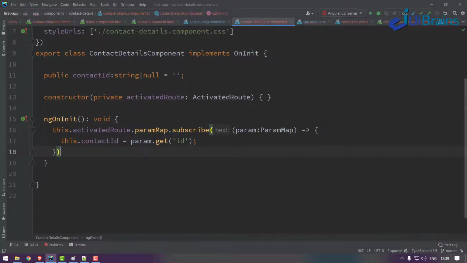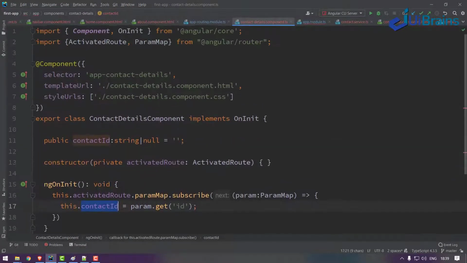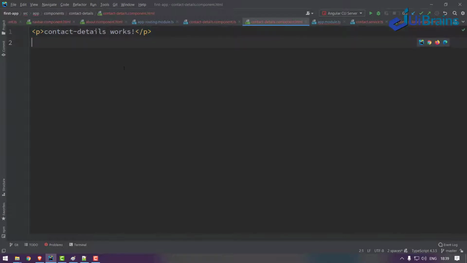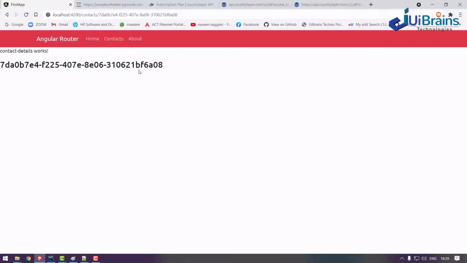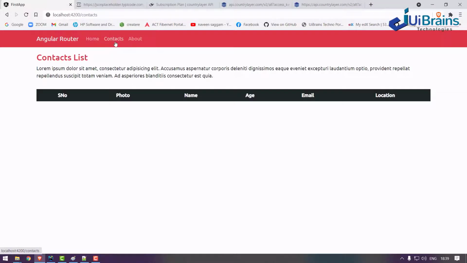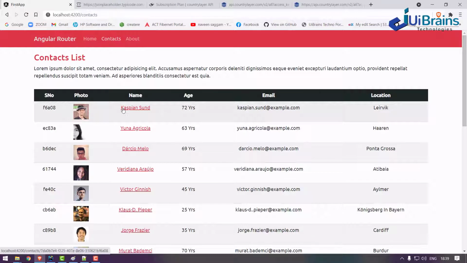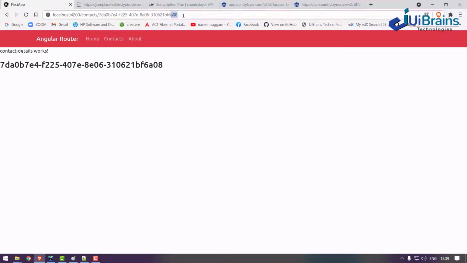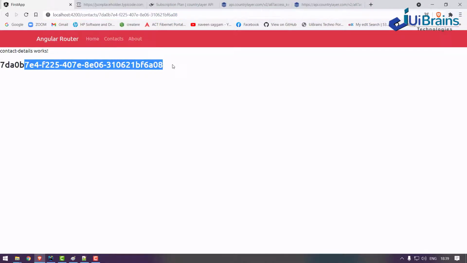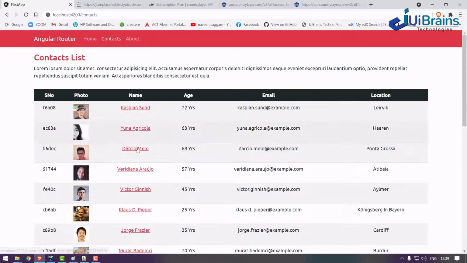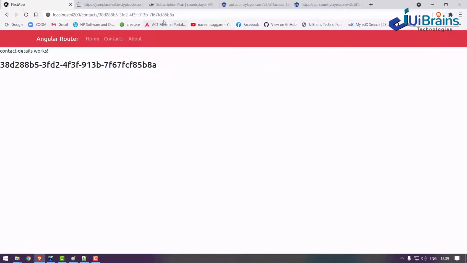Okay, contact id, and you want to see the contact id to display. See here, let's write some h3 tag expression, the contact id. So now check, there you got the id. See, contacts Caspian, right? So A08, when I click on Caspian A08, I got A08. So I am able to retrieve the ID from the URL, correct? I search for someone else. See B8A, B8A. Yeah, that's fine.